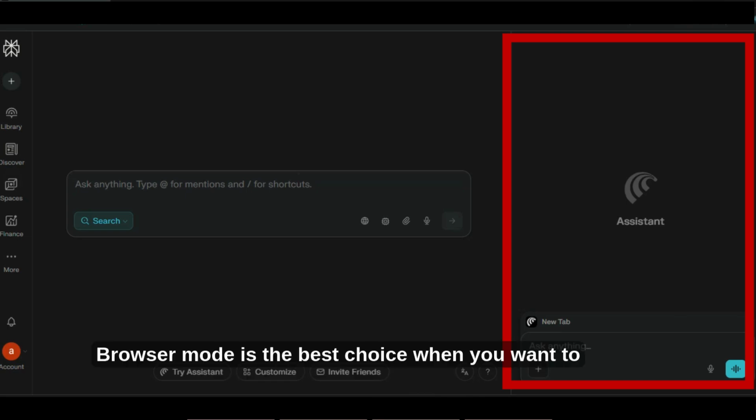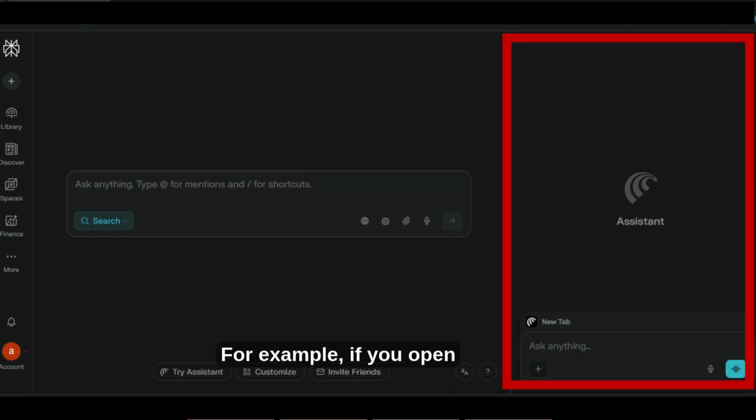Browser mode is the best choice when you want to summarize long web pages or research information. For example, if you open a Wikipedia page and want a short, clear summary, browser mode does this perfectly. It's also very useful for students, teachers, and researchers who need quick notes or simplified explanations from online articles.